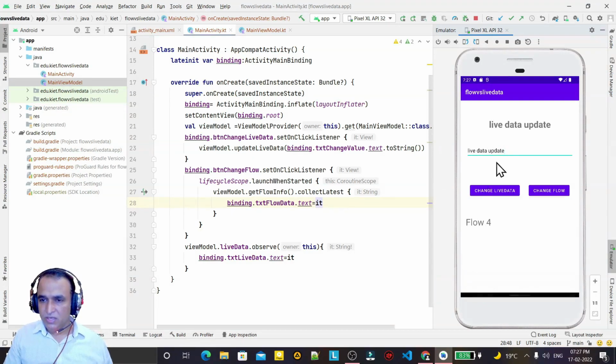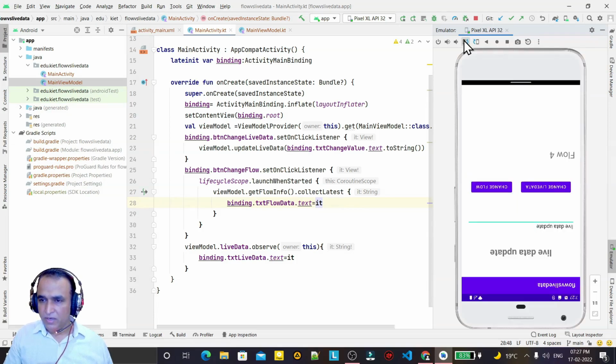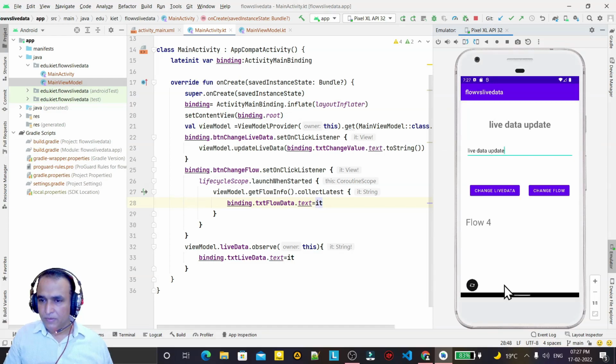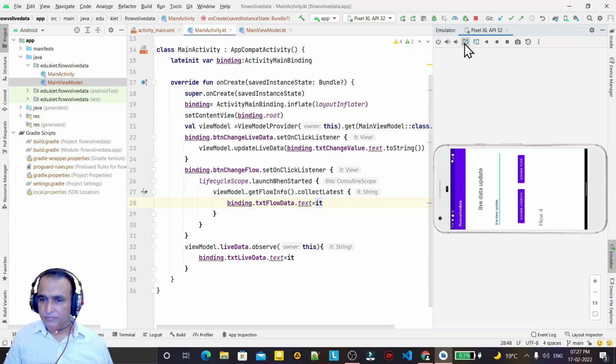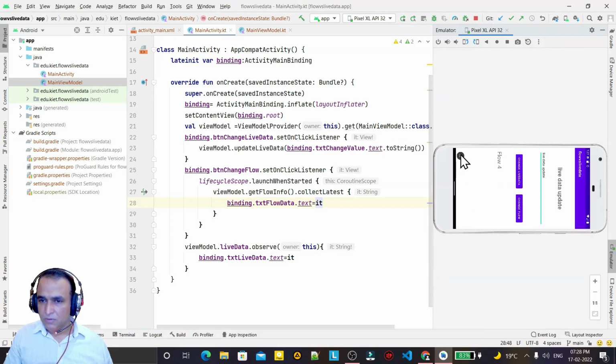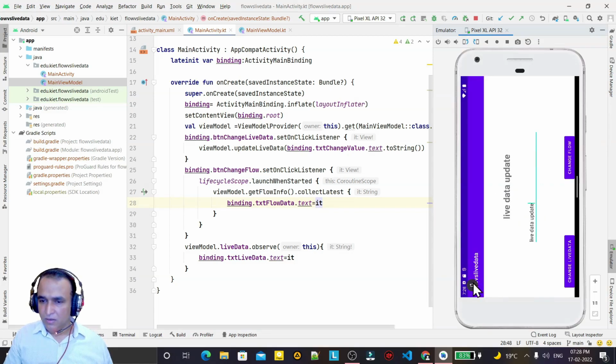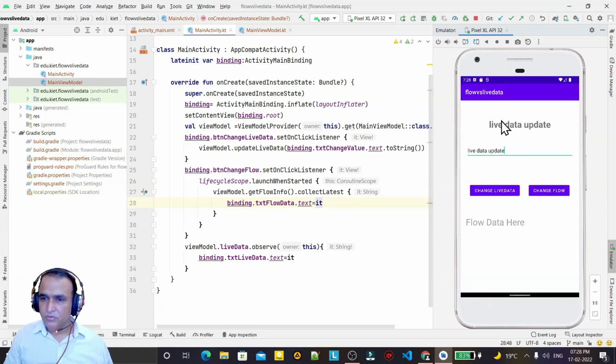So the live data value changes, but whenever I rotate the screen like this, and again rotate the screen like this, you see the live data information is available, but the flow information is lost. So flow is not able to persist information.